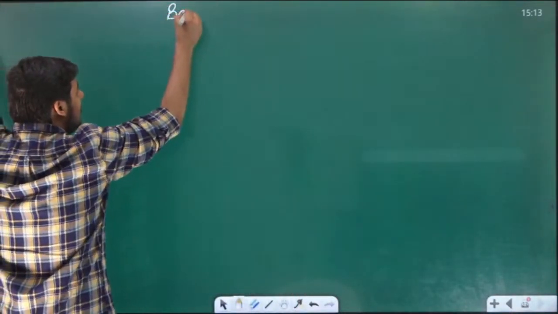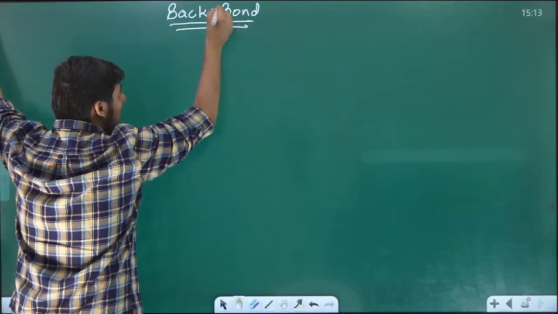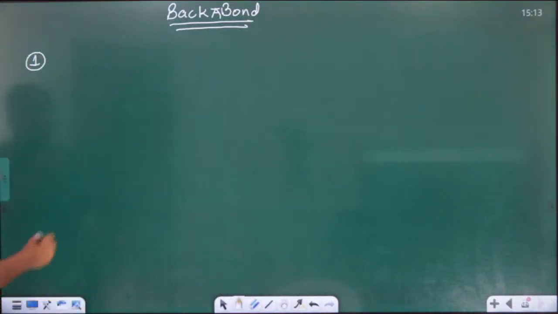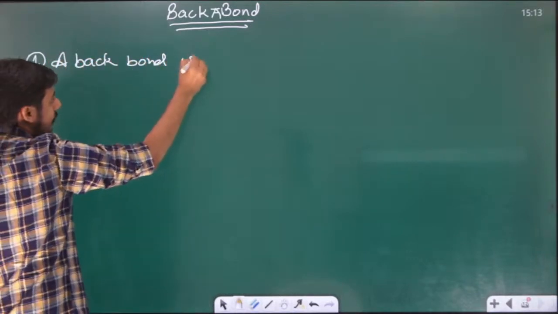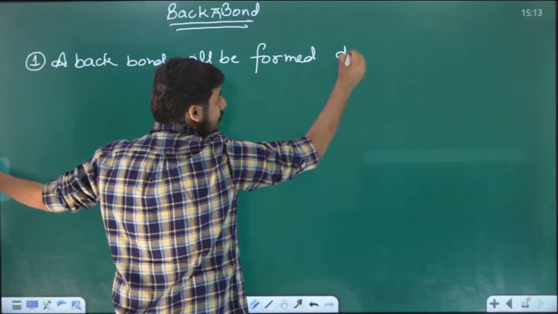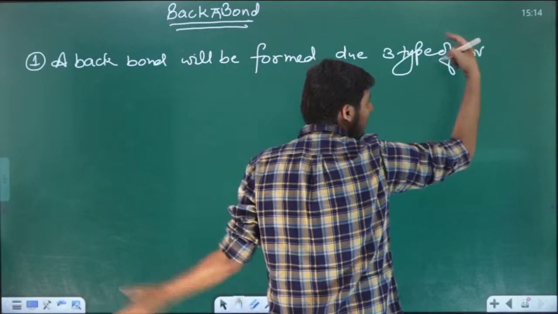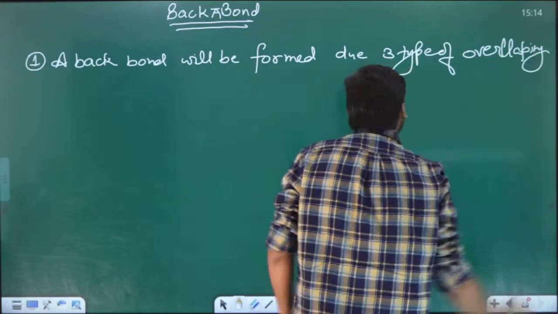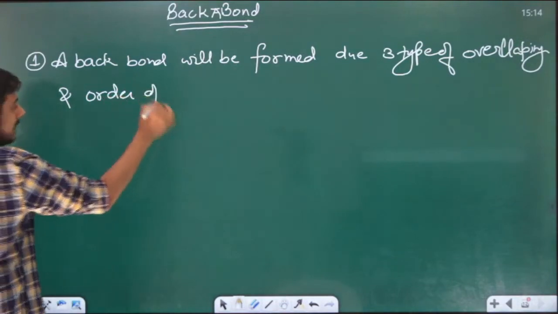about back bonding, we can say a few things, we can note it down. All these things which we learned in this lecture, we can say essentially about back pi bonding: first and foremost, according to this overlap, a back pi bond will be formed due to three types of overlap, because it is a pi bond, so only three types of overlapping will be responsible for formation of pi bond. And the order of energy of back pi bond